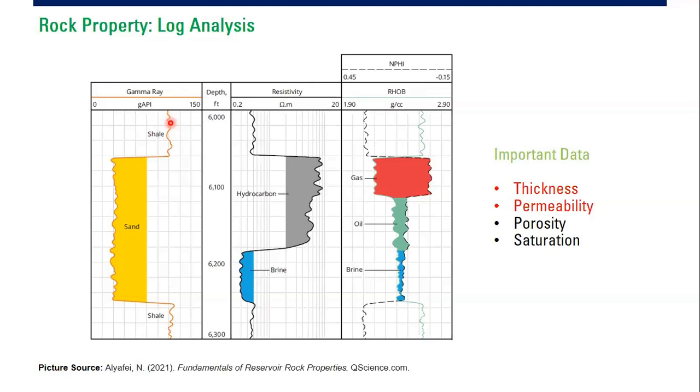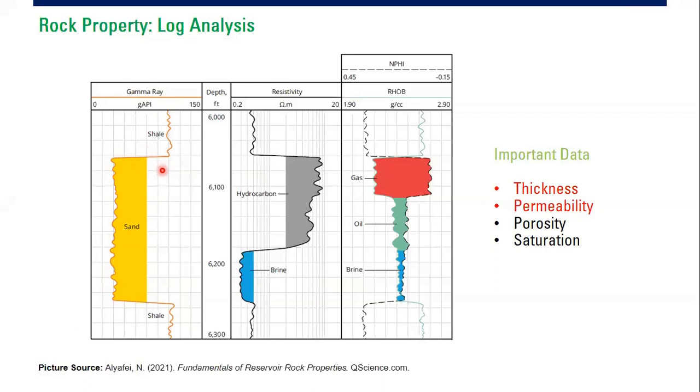Okay, that's the output. But to go to more basic, gamma ray is used to distinguish lithology. For example, this is to show the shale, and this is the sand layer. Shale has high API gamma ray, and sand has lower gamma ray reading. So for example, if we start from this left column, we can show the reservoir section or the sand section, let's say from this depth to this depth. Okay, we have gross rock reservoir or the gross rock, right?